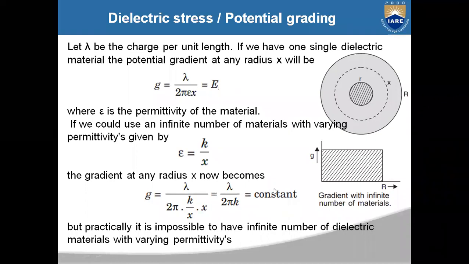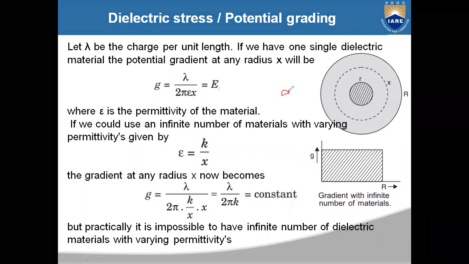Okay, right. So suppose you take Q or lambda. Here they have taken the lambda, so instead of that you can say it as Q. So Q is the charge per unit length. Let us assume this Q or lambda will be the charge per unit length.